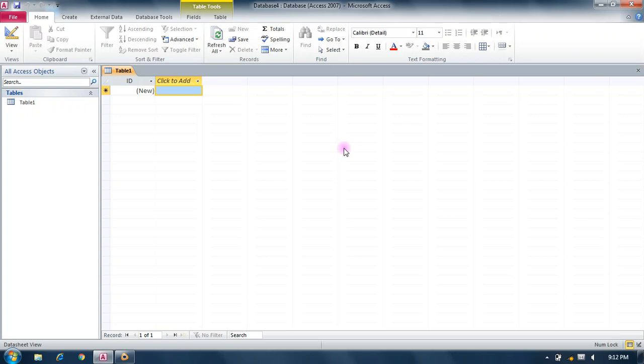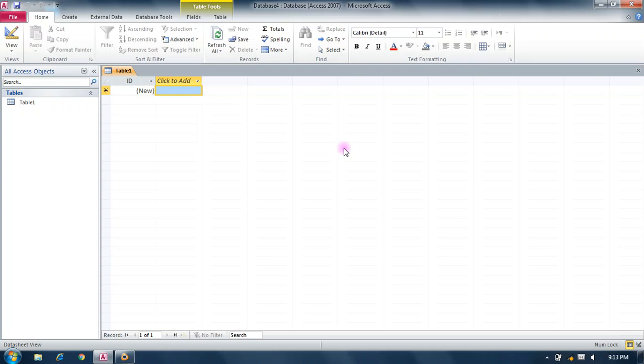Date and time is used for date and time. Currency is used for currency values, with rounding of calculations, like 9.78 rounded to 10.